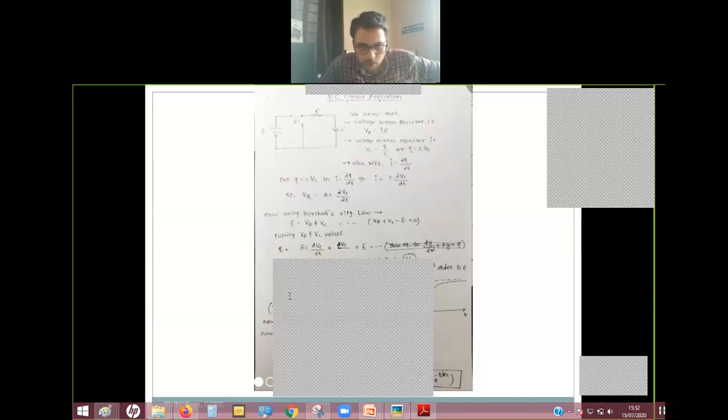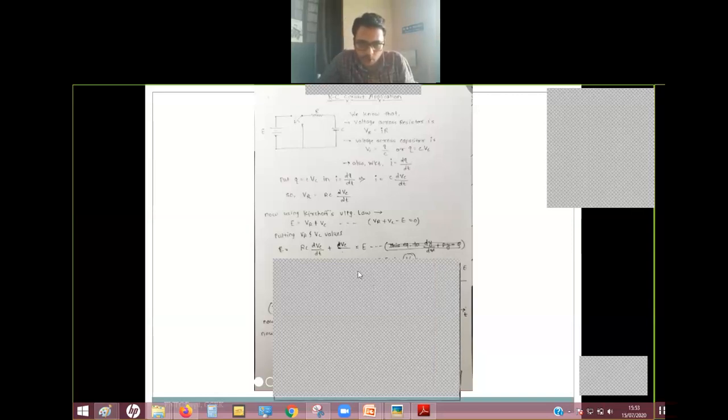Okay. So how can we make it a linear differential equation? We have to divide both the sides by RC. Correct. You are getting it now. Divide by RC, and you can have the solution. Just reach the solution. In the next lecture I will ask you the solution and at the same time I will show you the solution. Okay. Are you getting it now?